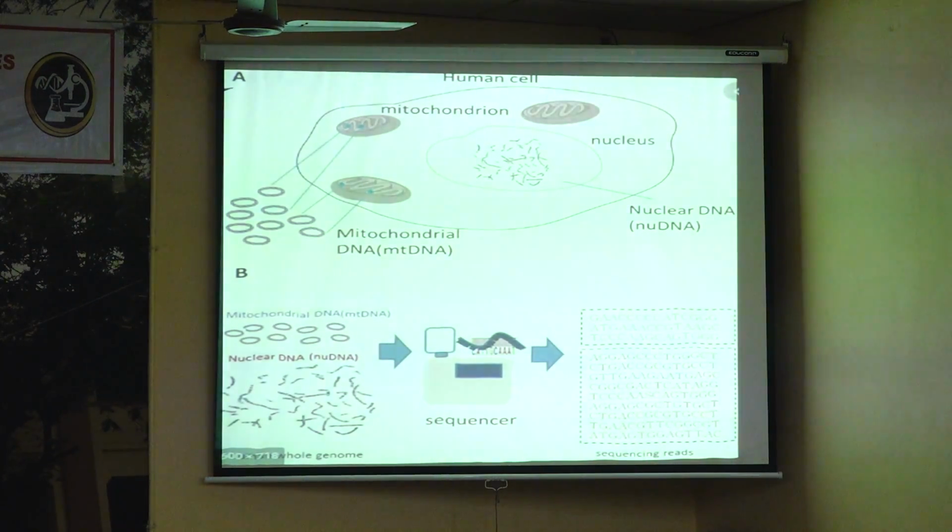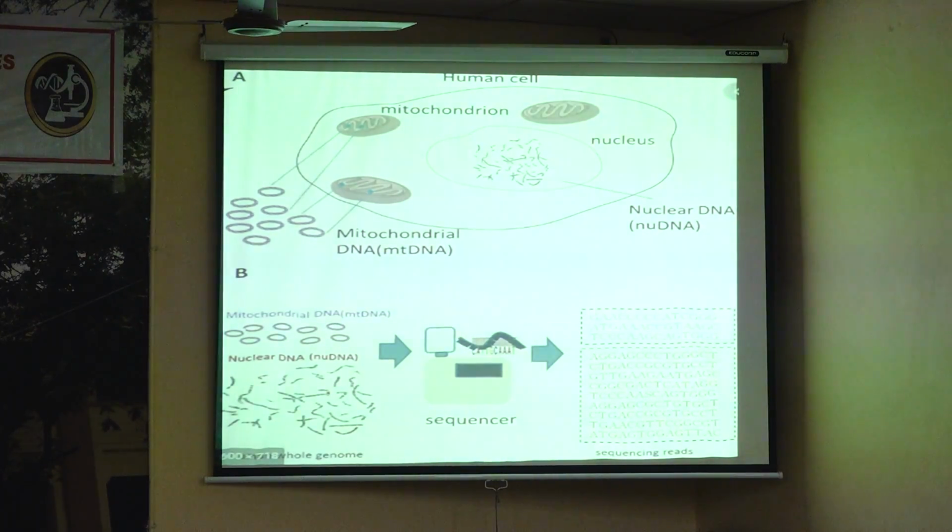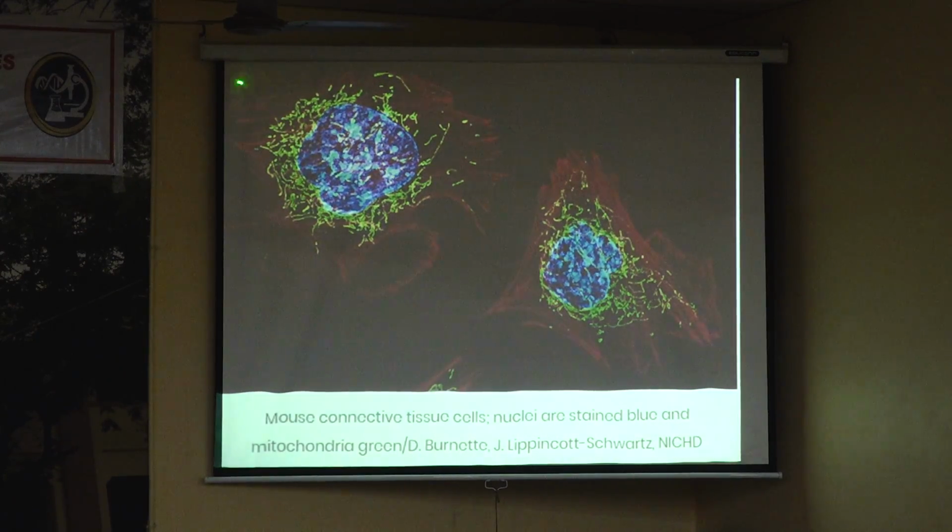is gone. So whatever mitochondria are in the egg, that is what the son or daughter gets. All the mitochondria are derived from the mother. If the DNA is defective, in the mitochondria or in the nuclear genome, obviously people end up with disease. So this is the mitochondrial staining, this is the nuclear genome, and the green color is the mitochondria. We are able to differentiate the nuclear genome and the mitochondrial genome.